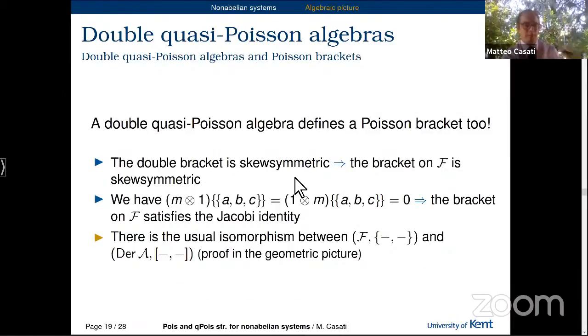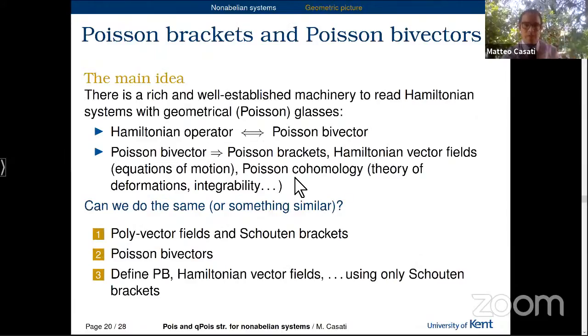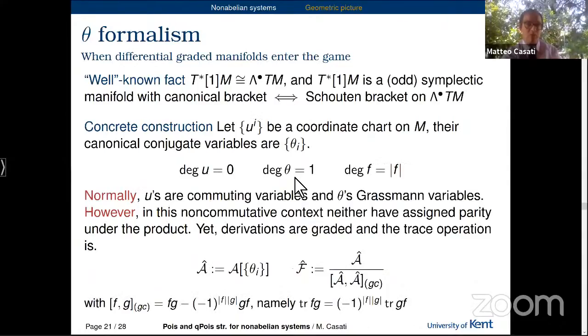I'm sure that people in Poisson geometry, maybe not in the non-commutative case but in the standard case, are aware of it, because there is this Cartan form, which is the failing of satisfying the Jacobi identity. But this is what happens for quasi-Poisson algebras. What I've tried to do is rephrase double Poisson and quasi-double Poisson algebras in a geometric way. I'm really sorry,